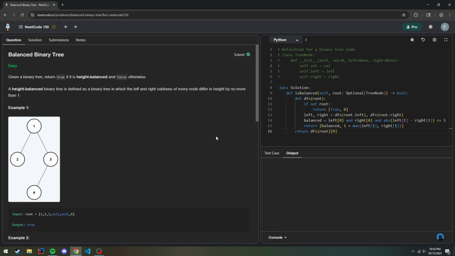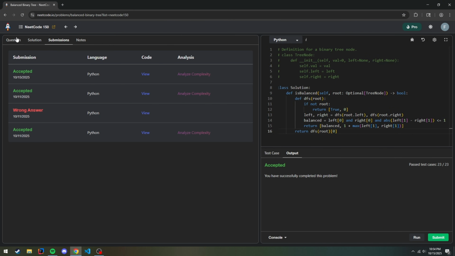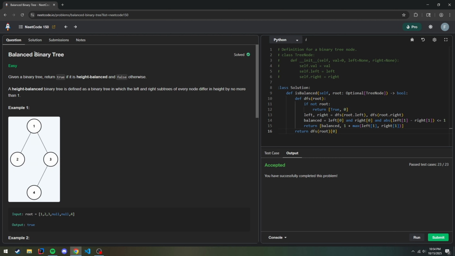Yeah, yeah. The more I do binary trees, I feel like the easier they are to understand. So binary trees are really fun for me, and I really like